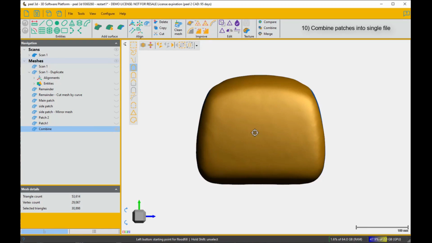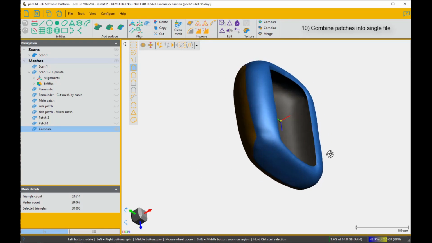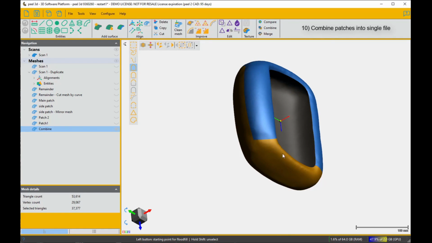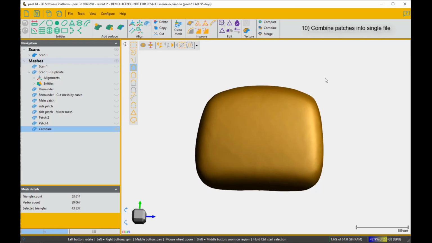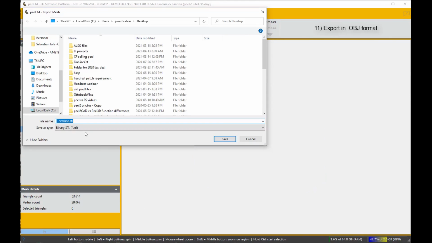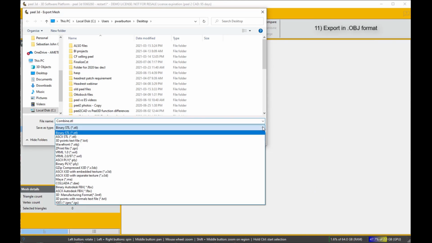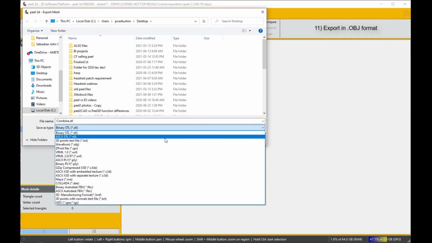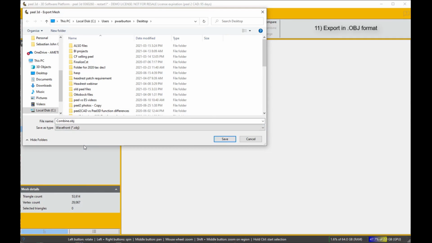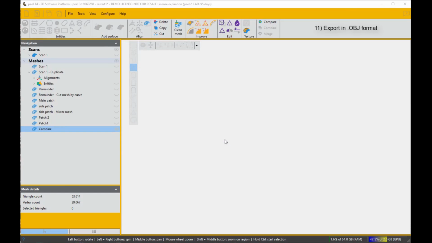So there it's choosing the main patch, and I can go on and choose other patches. So they're all in a single file, but they have a border between the patches. And this then you simply export in OBJ format, and it must be OBJ. You cannot use STL. And you export that in OBJ format, and you send it to